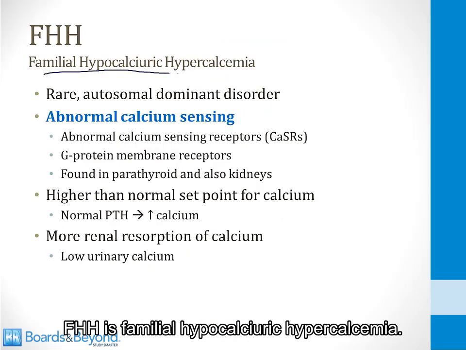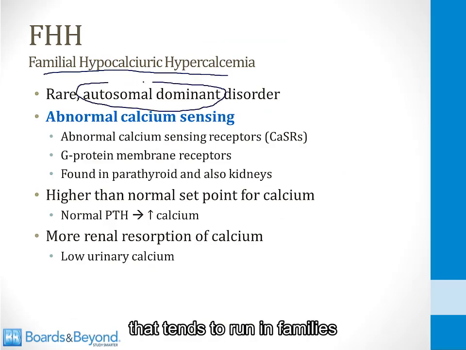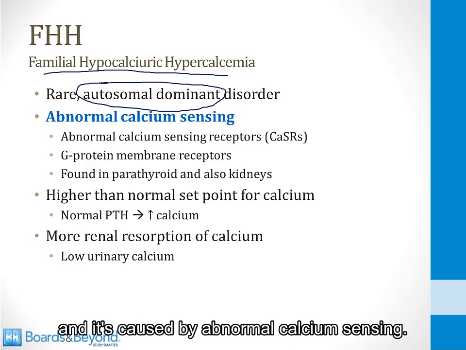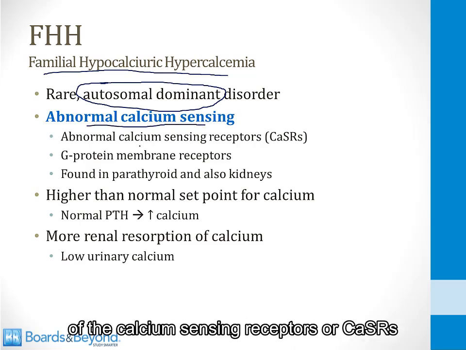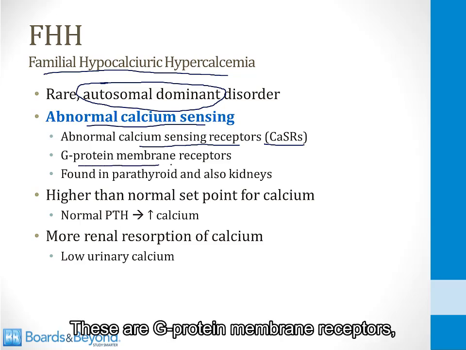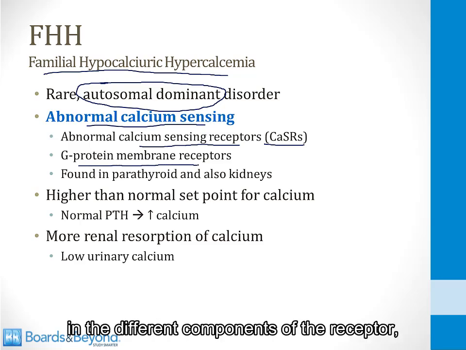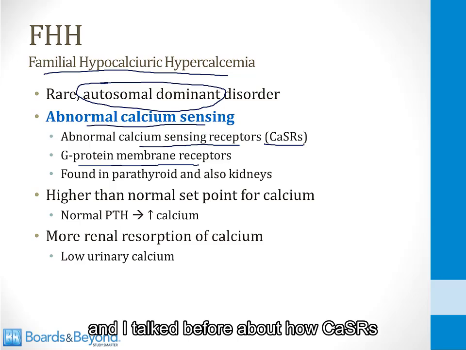FHH is familial hypocalciuric hypercalcemia. This is a rare autosomal dominant disorder that tends to run in families, and it's caused by abnormal calcium sensing. There are abnormalities in this disorder of the calcium sensing receptors, or CASRs, that we talked about before in the parathyroid gland. These are G protein membrane receptors, and a number of abnormalities have been described in the different components of the receptor. And I talked before about how